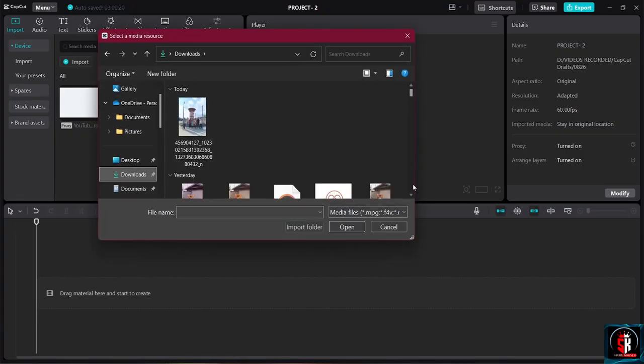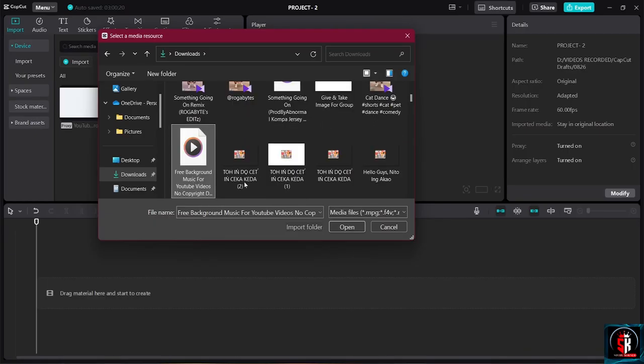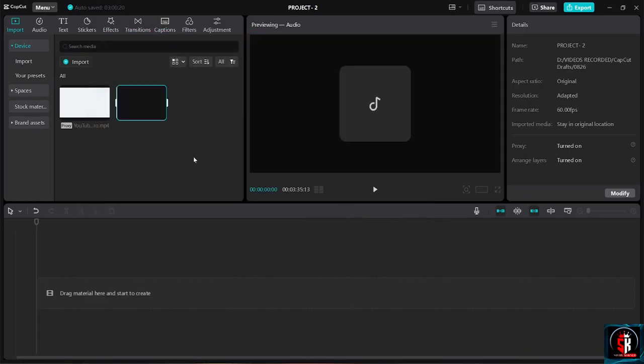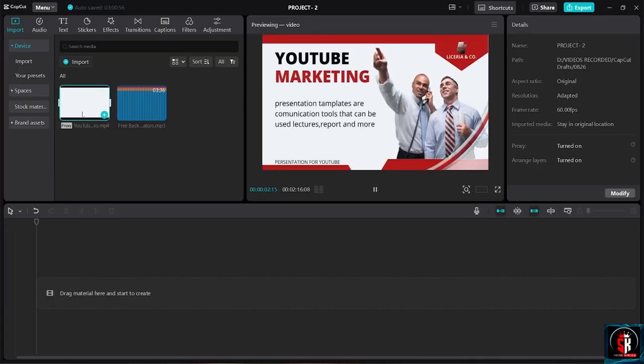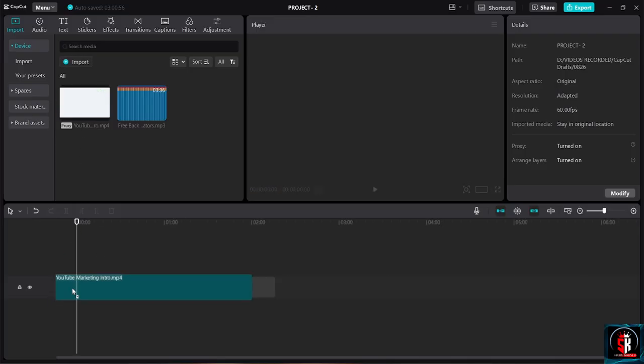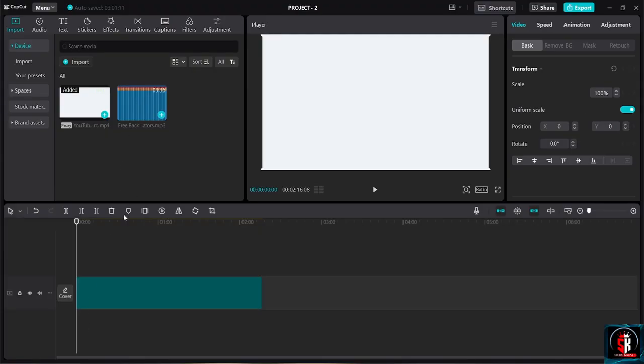Let's go to downloads and let's use this sound. Open that. Now here you have an audio file. Now first we are going to add our video, so simply drag and drop the video. After that, when it's added, click on the second audio file, drag it and drop it here, or you can simply